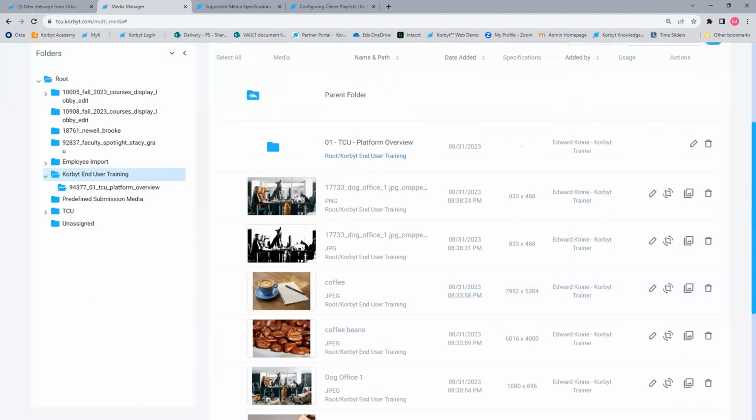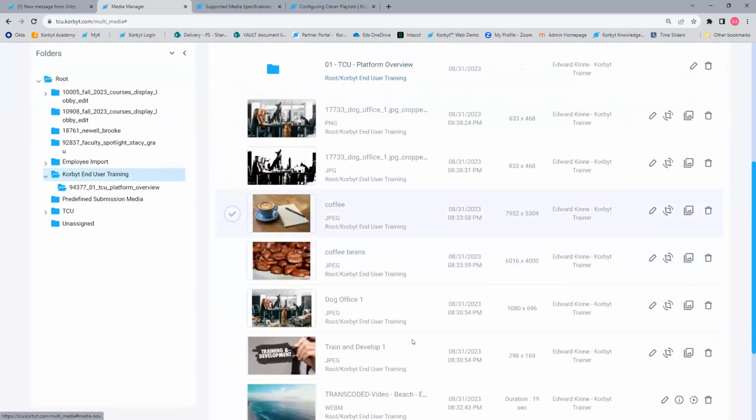Be very cautious with the delete, because it removes it from everywhere within Korbyt as well. So if someone has created a layout using that item, if you delete it, it gets removed from their layout, because the layout is calling in the image file from the media manager where it's stored. So be cautious with that deletion.